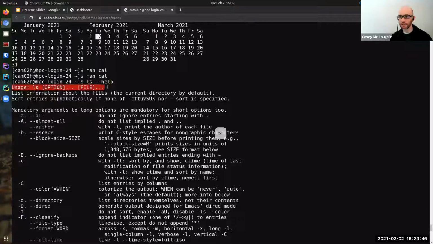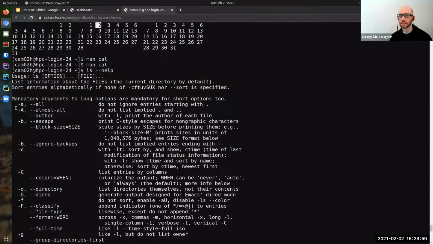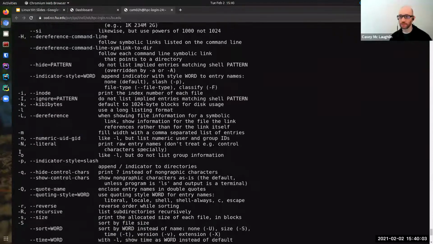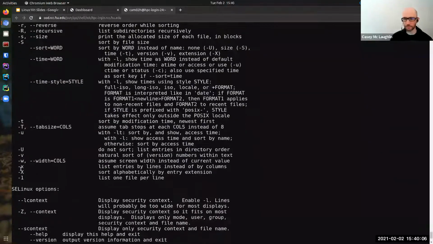The synopsis is the same. The summary is condensed down into 1 or 2 lines. And then you can see that it's got a quick reference here for all of the options and arguments it accepts.